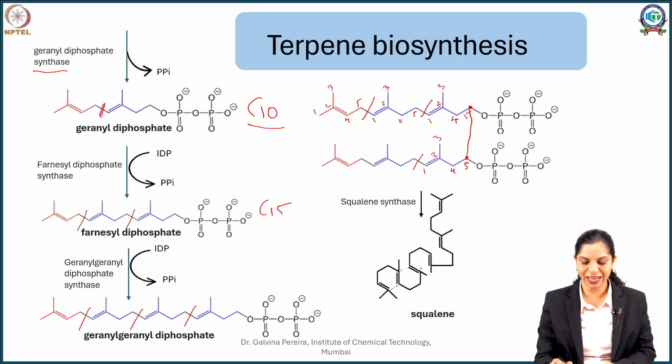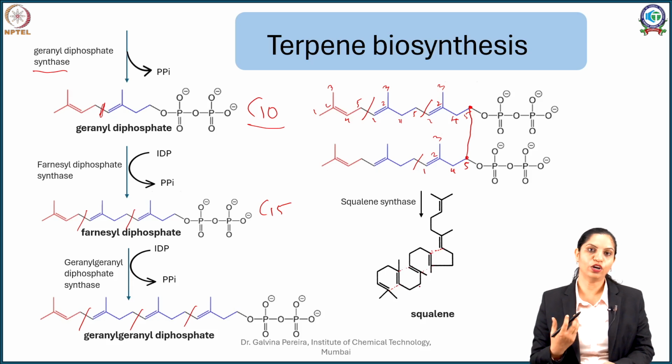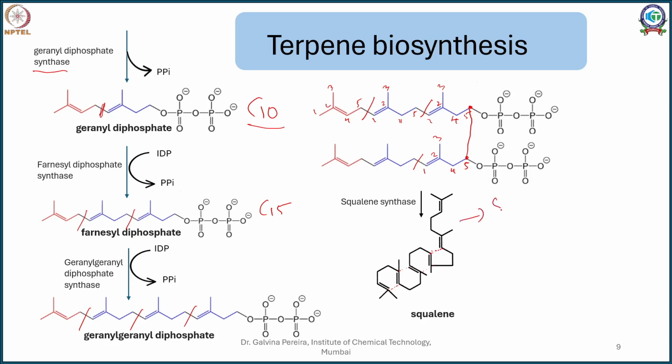I am not adding any carbon, I am just joining the dots, and you can clearly visualize that if I just join these double bonds, I break these double bonds and join this molecule or cyclize this molecule, I will get steroids. So, squalene is one of the key intermediates which is involved in steroidal synthesis. It is also involved in the synthesis of triterpenoidal compounds. So, from here we will get our steroids, we will get our triterpenoids.